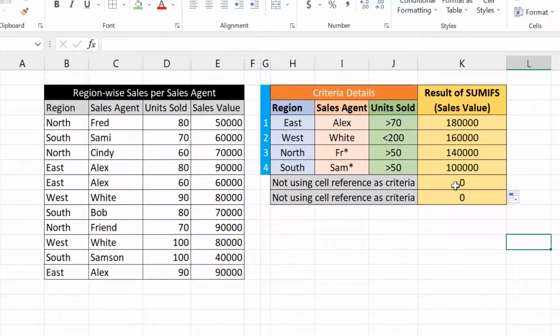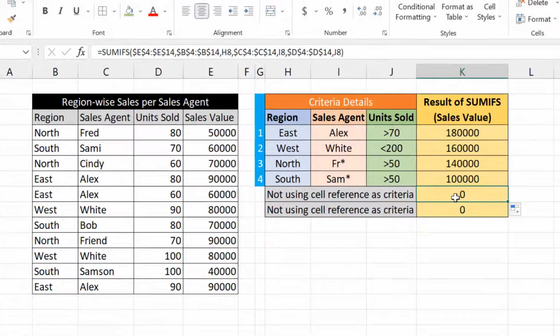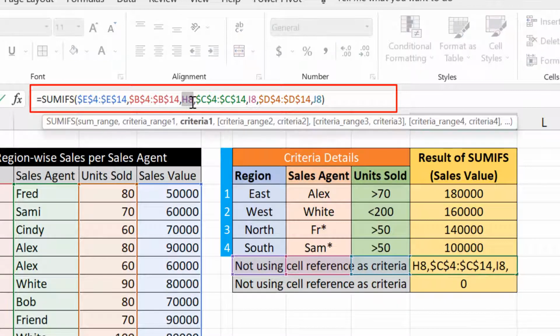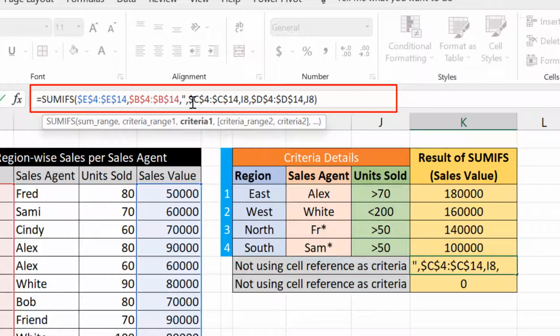In all the examples, instead of using the cell reference, if you want to enter the values directly as the criteria, then you may need to enter them within double quotes.